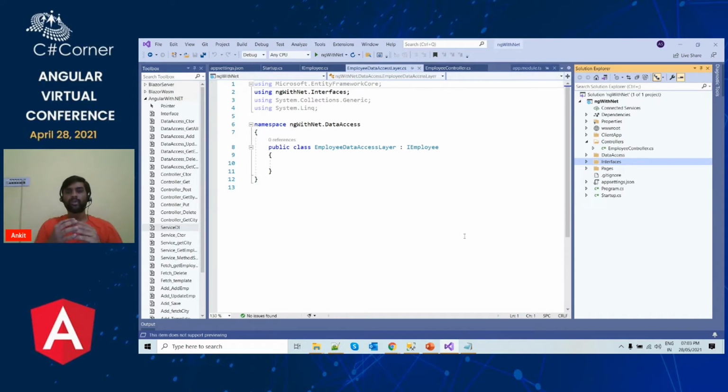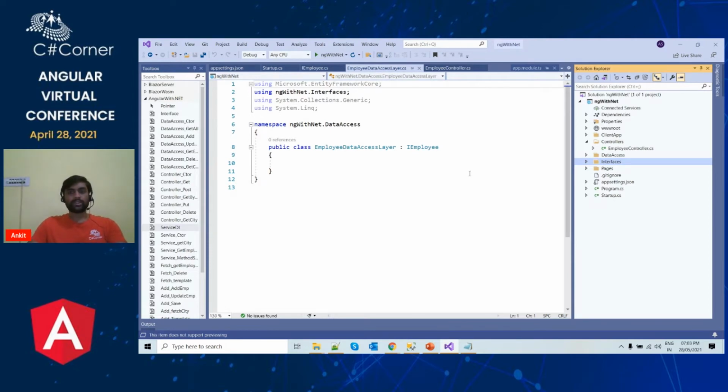Now, what we are going to build, that is the first question. Our application will be an employee data management system. The application will allow you to create, read, update, and delete, that is CRUD operations, on employee data. A user can add new data, delete existing data, or edit existing data. And the user can also see the list of all the employees in a tabular manner on the UI. So that is what we are going to create.